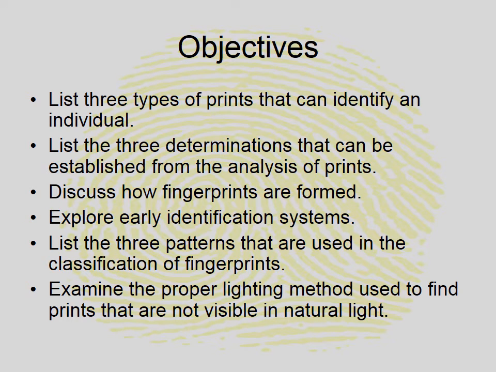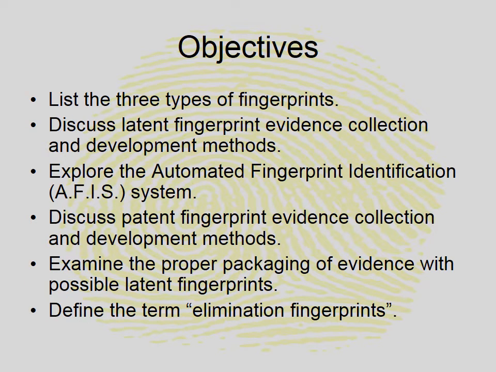So for this particular chapter, we'll do these objectives: 3 types of prints and how they can identify an individual. Those types will carry forward into some other types of evidence. 3 determinations that can be established from the analysis of prints. How fingerprints are formed, early identification system, 3 patterns that are used in the classification of fingerprints, proper lighting method used to find prints that are not visible in natural light, 3 different types of fingerprints, latent fingerprints and development